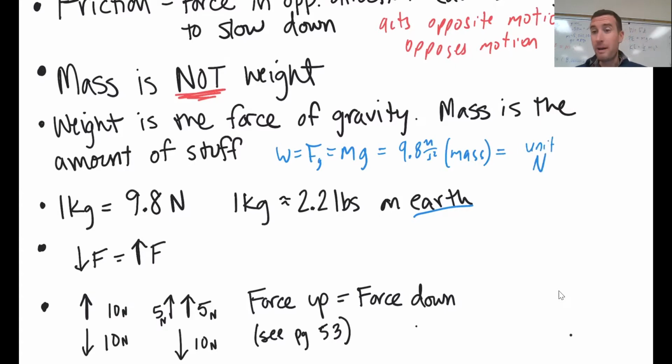I could also give weight in pounds. That's a different form of weight, a different force unit. But for most of the time, we're going to use newtons as our force. So I would measure my weight in newtons, and I'm assuming we're on the Earth. Your weight can change if you go to different planets. So if you're in different gravitational fields, if you go to the moon, say, which is technically not a planet, I know that I just said on different planets, but the moon is a moon,